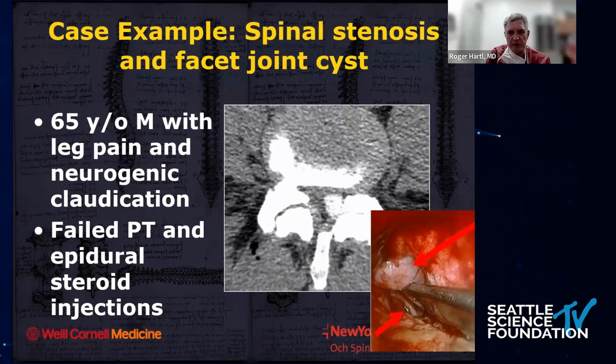I published a paper maybe 10 years ago where I described doing these from a contralateral approach through a tube. So just the decompression coming in from a contralateral approach. My rationale at the time was that you come from a more normal anatomy, and then you see the cyst, and that's on this little photograph here below, where you come from the contralateral side, and then you dissect the dura away from the cyst under the microscope, and then you can remove the cyst from the contralateral side.